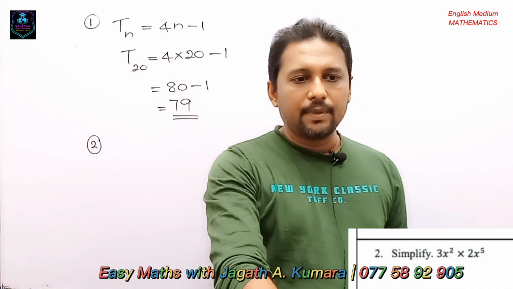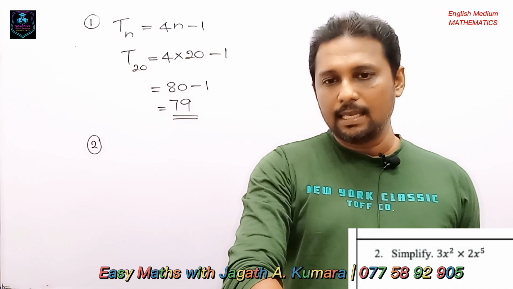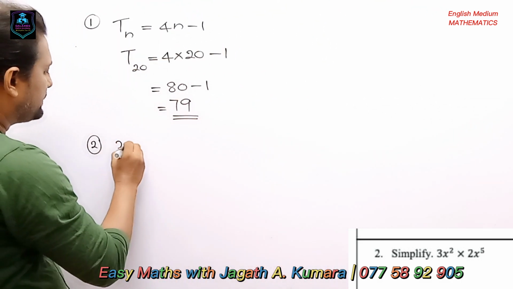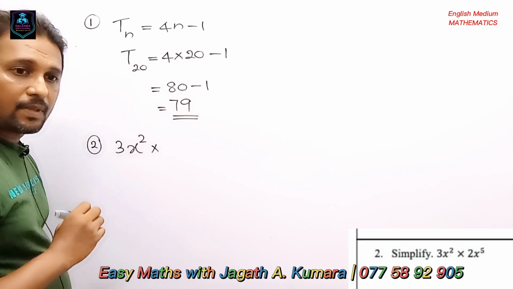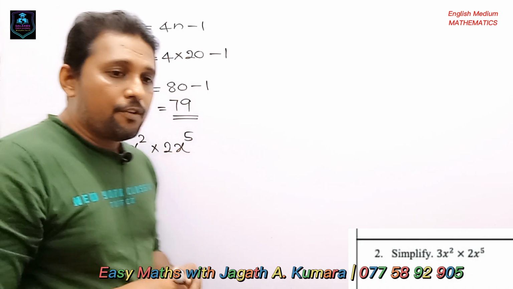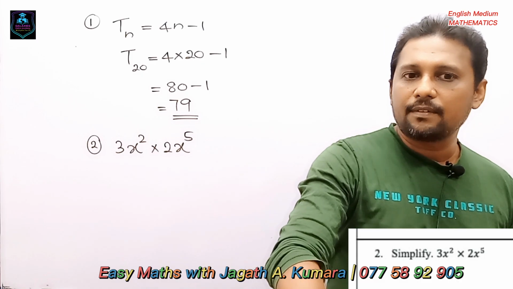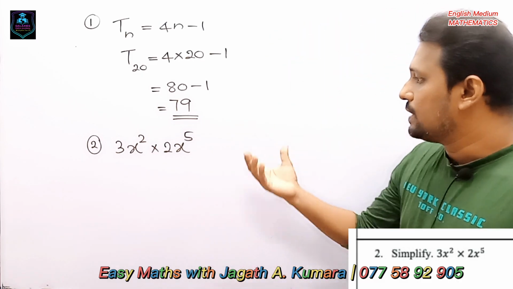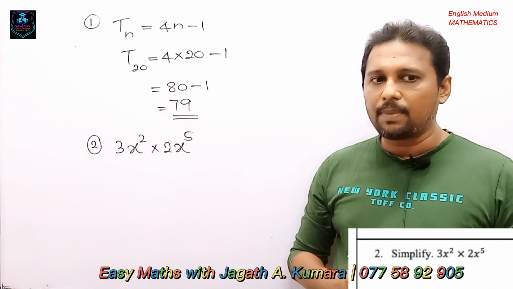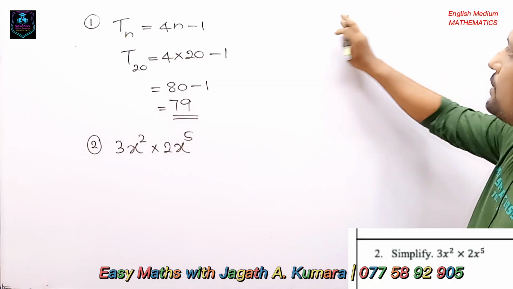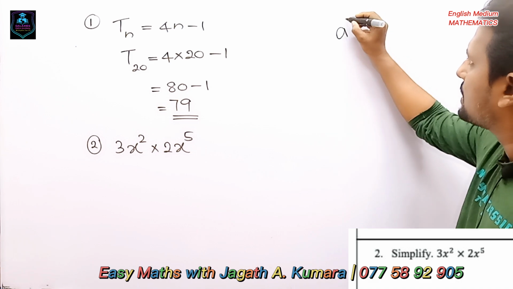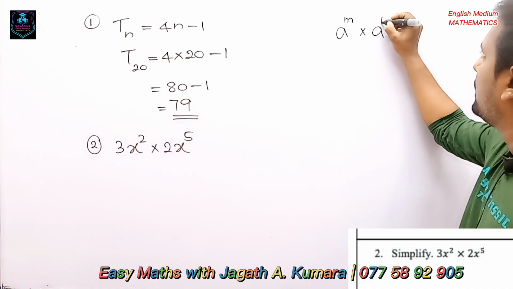The second question given, using the indices lesson, simplify 3x squared multiply 2x to the power 5. First, you revise the knowledge of the indices. There are several rules you studied. For this question, we want to use the multiplication rule of the powers. Also, you studied the one rule. What is the rule? If the given powers' bases are equal, like this, you think